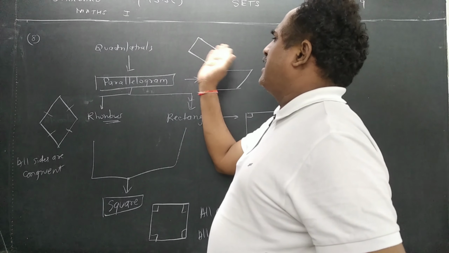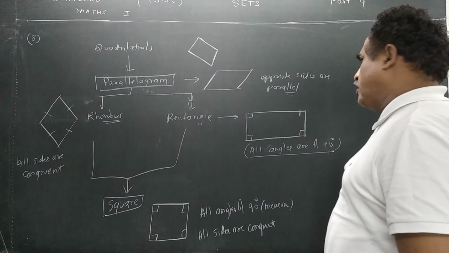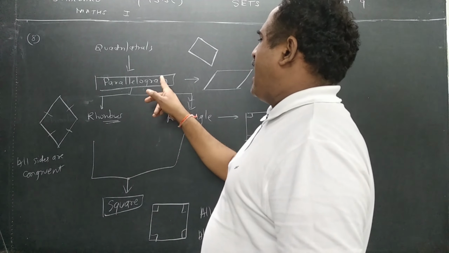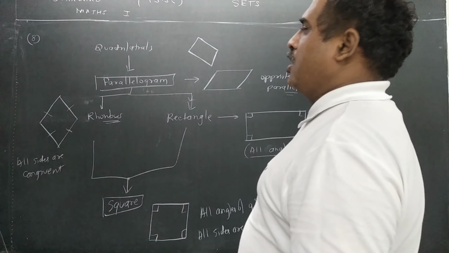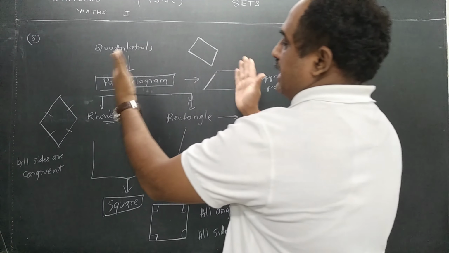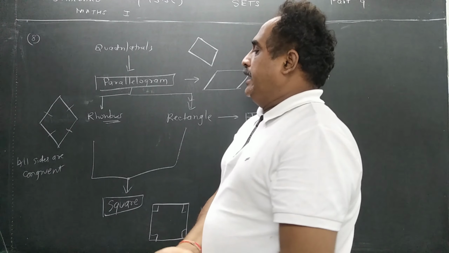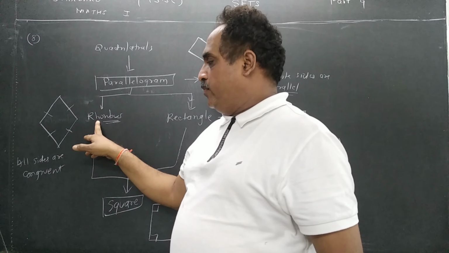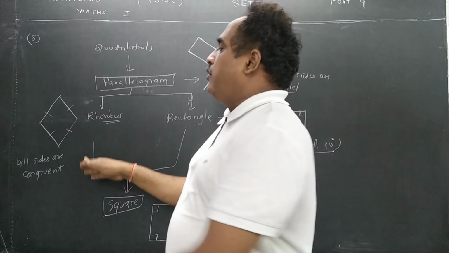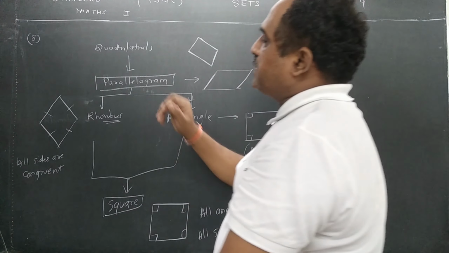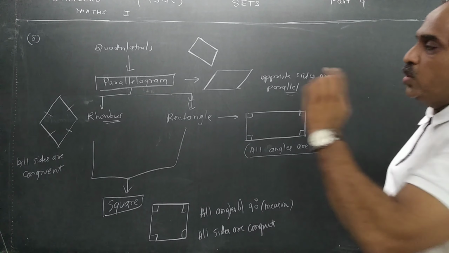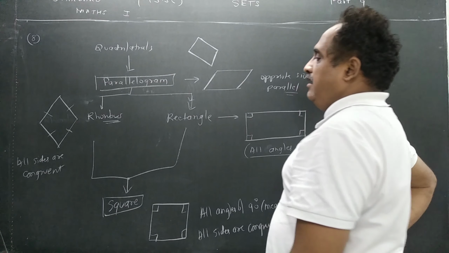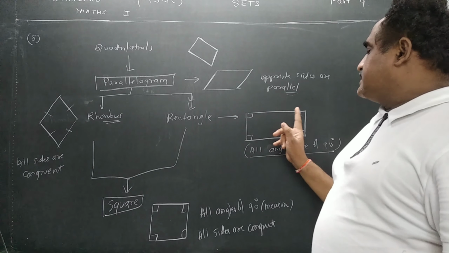Quadrilateral. कोई भी शेप का क्लोज फिगर विद फोर साइड इज कॉल्ड एज quadrilateral. उसका चेला कौन? Parallelogram. Means parallelogram is a subset of what? Quadrilateral. But parallelogram के कितने टाइप्स हो जाते हैं? दो. कौन से हैं? जिसके all sides are congruent is called as what? Rhombus. But in rhombus, opposite sides are parallel. That's why it is a parallelogram. So rhombus is a subset of parallelogram and rhombus is a subset of what? Quadrilateral.